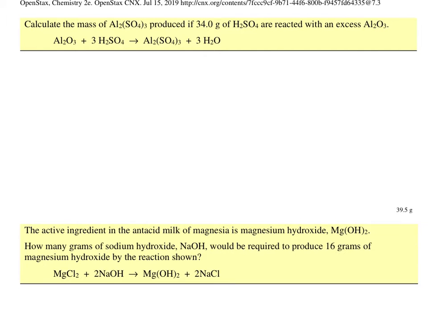Stoichiometry problem where we're asked to relate the mass of aluminum sulfate to the mass of sulfuric acid. So we know we're going to need the formula weight of each of these compounds. So I went ahead and calculated that. That's 98.08 grams per mole for the sulfuric acid, and the aluminum sulfate